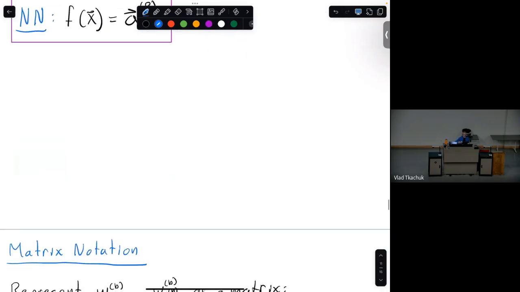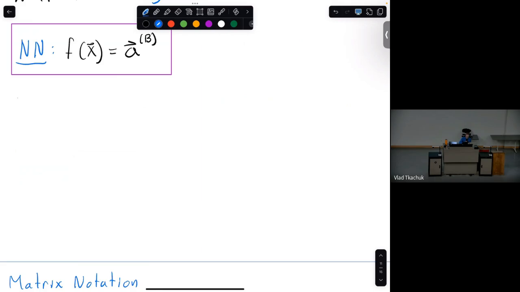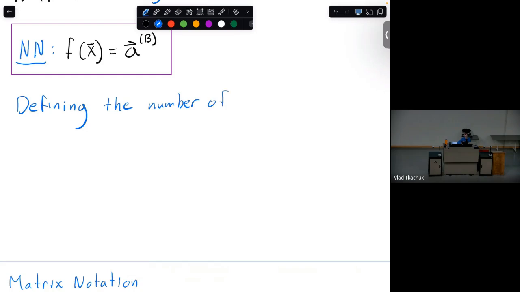Okay, so important thing: there's a lot of things you need to define a neural network, right? How many neurons do you have? How many layers do you have? What activation do you use? What are the weights, and so on. So it turns out that if you define a specific subset of these things, which should make some sense, which is if you define the number of layers, you can already kind of draw the neural network.